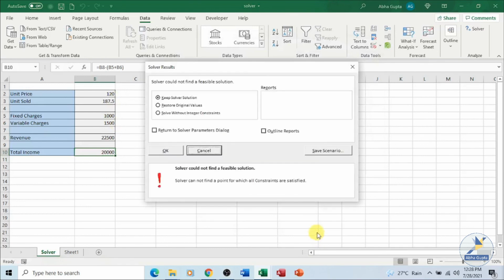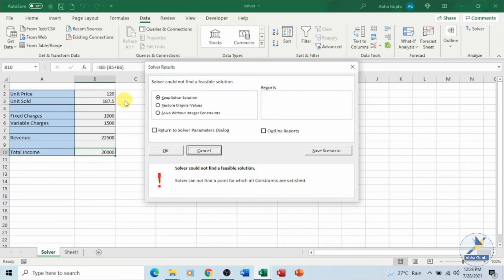Click on solve. So this time, see, it has changed the units sold to keep this target and to keep this variable charges as 500. It has given us units sold as 187.5, and it is saying that solver could not find a feasible solution because we have specified that units sold should be in integers.